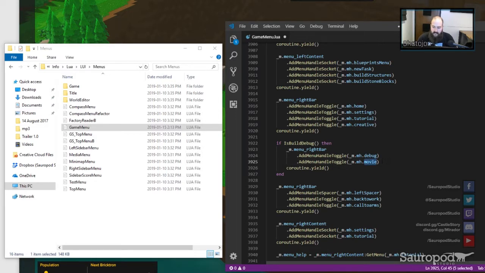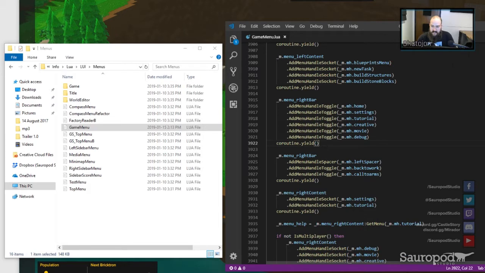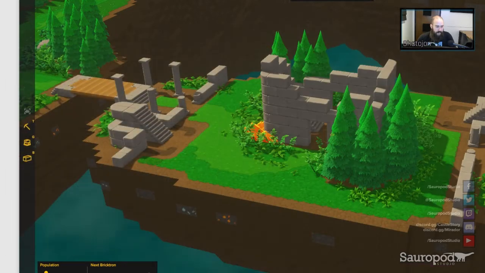Now, if you only want the movie panel, then you just move this line of code right up here under the .creative one. And if you want the debug panel as well, then you move the debug line there as well, and that function right above it. Now, if you moved both of them, you have to delete this leftover code. The if is build debug. You have to delete that because you just removed everything from inside of it. If you only move the movie panel or only move the debug, then you can keep it, but otherwise, delete that, save it, and when you launch your game, you should